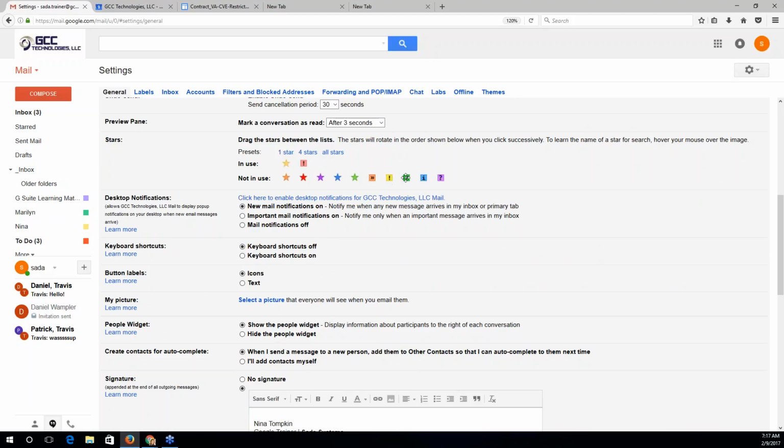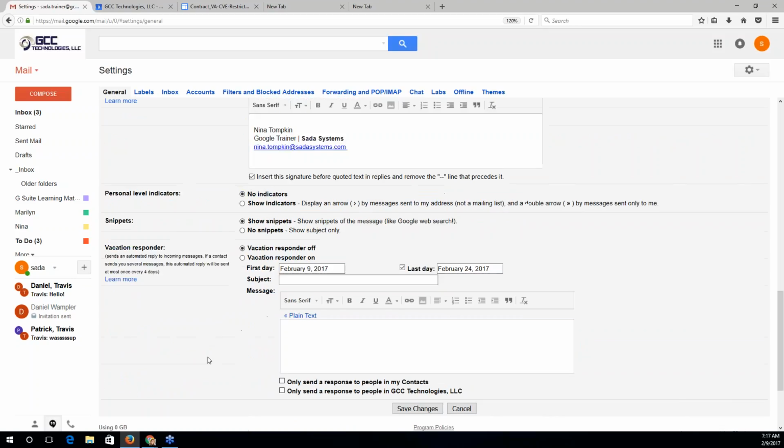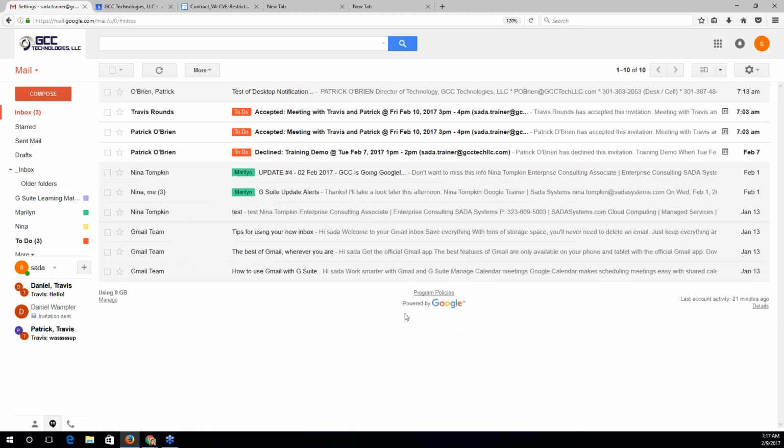So if you wanted to use some particular icons for your own invented workflows, you can just drag them up into that in use bar, hit save when you're done. And now, clicking through on 1 star, you can cycle through all those stars you've just selected.